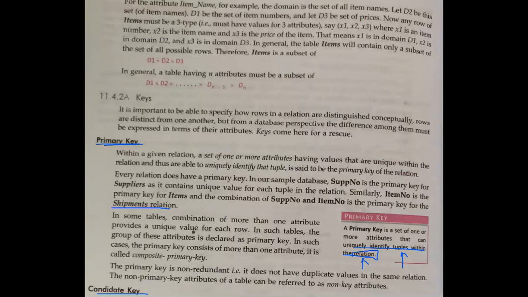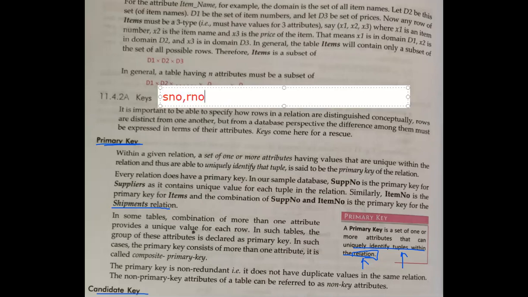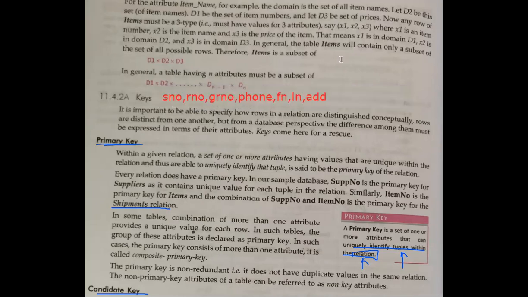Suppose I am going to make one table in which my columns are serial number, then roll number, then your GR number, then your phone number, then your first name, your last name, your address. Now see, out of all these, let me know one thing. Which one can I make as a primary key? All those columns which can become primary key.